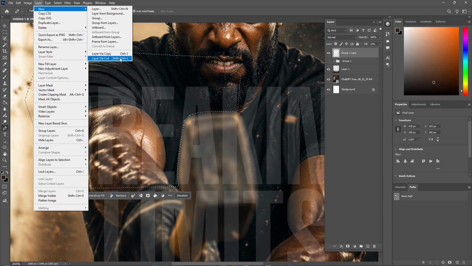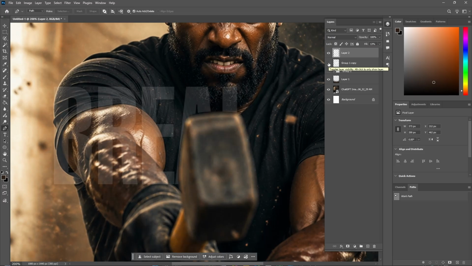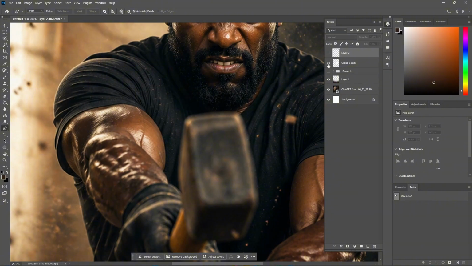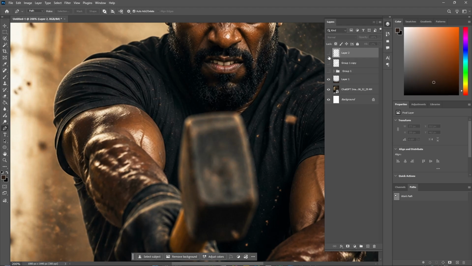So what you need to do for this is layer via cut, new layer via cut. So if we do this now, you notice that it created a new layer, but now it's removed it from this main layer we have here, right? So, okay, so we have